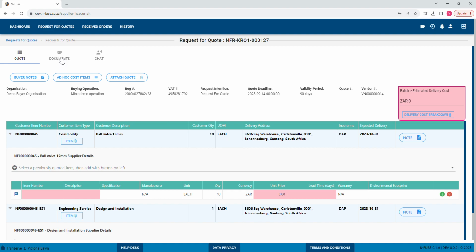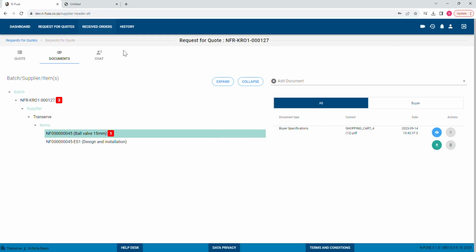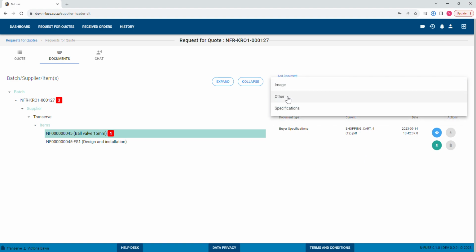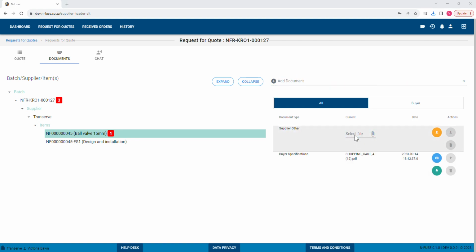Okay, so just more to this. With each package sent, there's obviously a number of documents that will support this request. And those documents, as you saw in the summary when you're accepting the quote, are seen here within this document structure. So you'll be able to download, fill out any docs that need to be filled out, download them from Infuse, fill them out, and then upload them again. So if I want to upload a document, for example, that I've just filled in as part of this request that makes this request valid, I download the document, I fill it in,